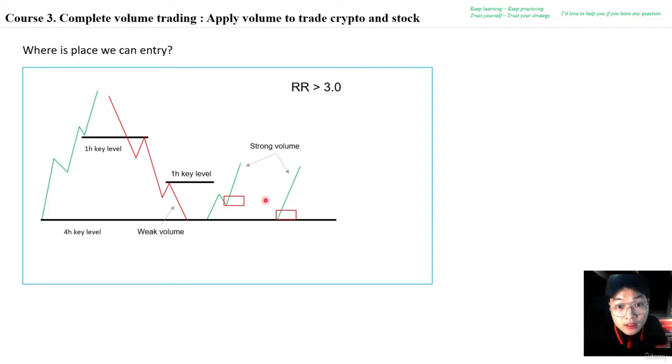In case the 1 hour time frame does not create any structure in the breakout way, it means that at this time our key level in the up movement will be the recent low of the market. Therefore, at this time you can enter right at these key levels. But I recommend you only trade in the case where we have a very obvious structure like this. For this case, we need more experience and more backtesting before applying it in your real trading account.